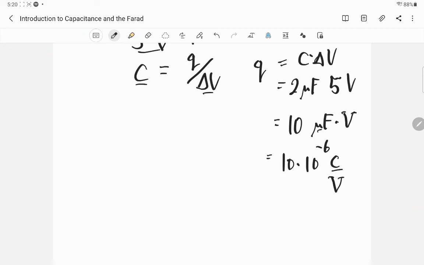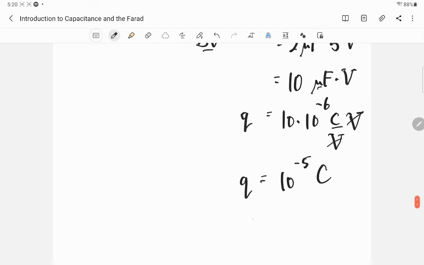And then don't forget that we still have to multiply by the volt. So the volts cancel, and we're left over with saying that the charge is a certain number of coulombs. It's 10 to the minus 5 coulombs. And that makes some sense. Like you could say that the charge is actually 10 microcoulombs. Like that would be a simple way to say what the answer is, right? Okay,